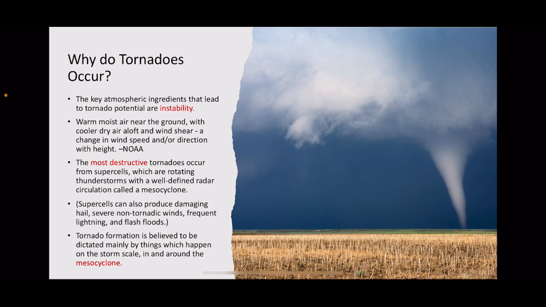The most destructive tornadoes occur from supercells, which are rotating thunderstorms with a well-defined radar circulation called a mesocyclone. Supercells can also produce damaging hail, severe non-tornadic winds, and frequent lightning, as well as flash floods. Tornado formation is believed to be dictated mainly by things which happen on the storm scale in and around the